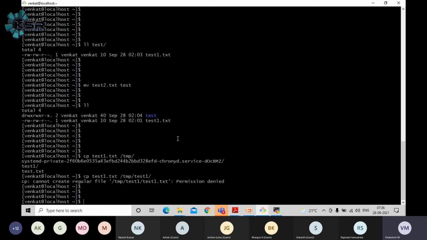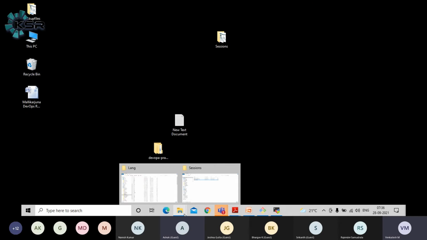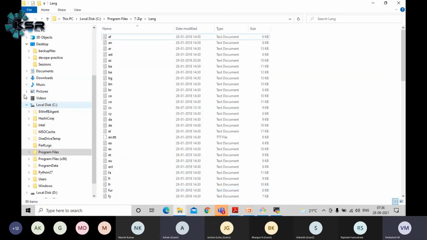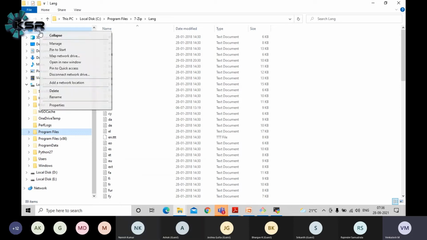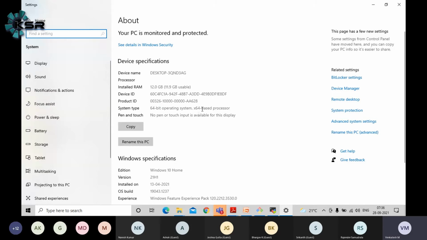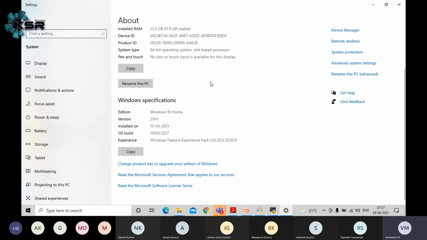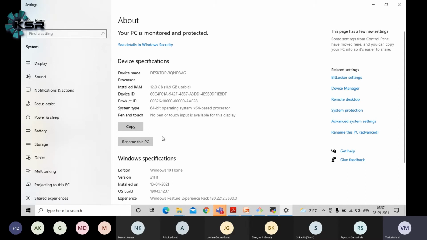In Windows, how are we going to do it, guys? Directly, you can go to This PC, Properties. Simple. Here you can see all the data, like the host name, the device name, which is nothing but the computer name, simply speaking. Then the processor, the RAM configuration, all the data. You can see the system type as a 64-bit processor, what the OS version is, what the build is, all the data.